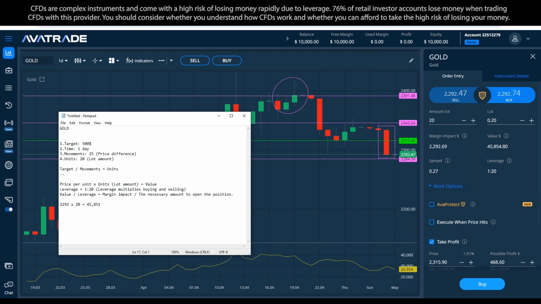And this is the value, right? And we have the leverage. It's written here, value divided by leverage. So that's 45,851 divided by 20